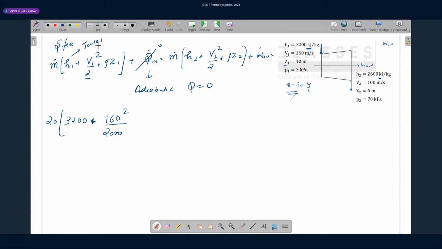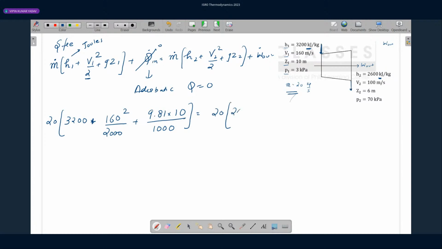A lot of people make this mistake. They do not take care of the units. So because enthalpy is given in kilojoule, you have to take 2000, and plus 9.81 into Z1, here we have to take 1000, is equal to again 20